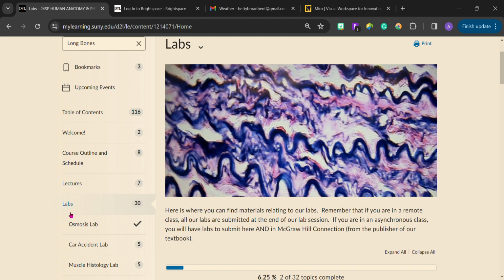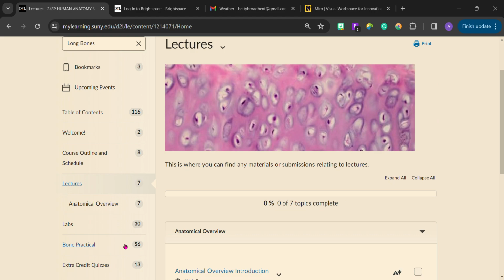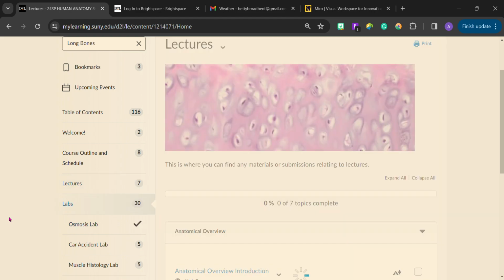And this makes lab and lecture almost like two separate courses. And this is why our class is arranged like this. Because in the spring and in the fall and in the summer, the placement of labs is very different because of the practicals. And this is why I've decided to have a module only for lecture topics